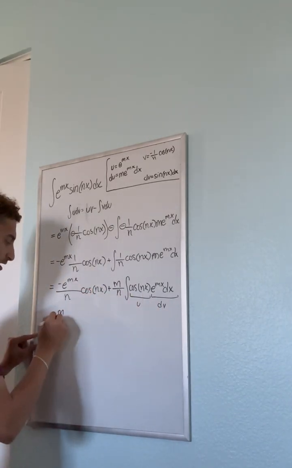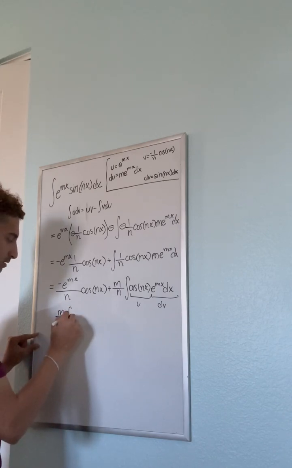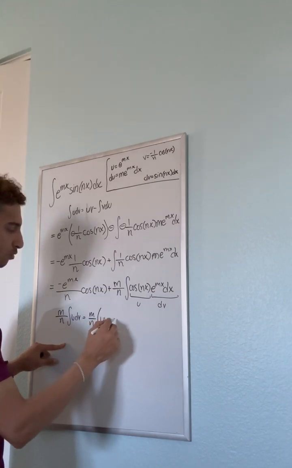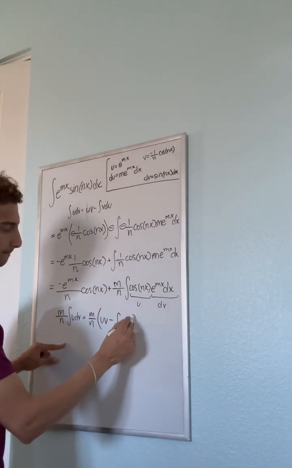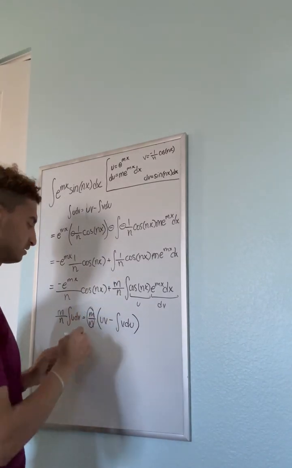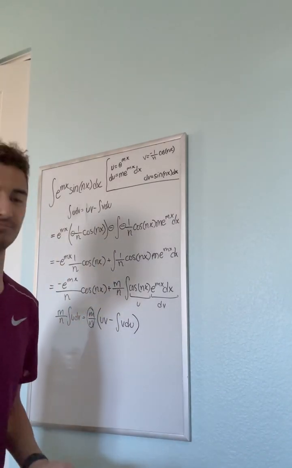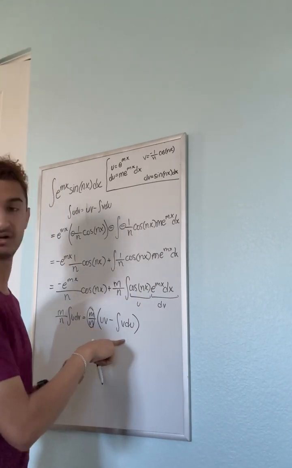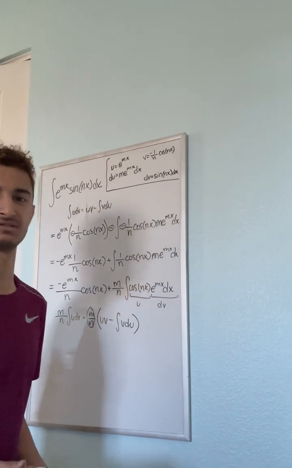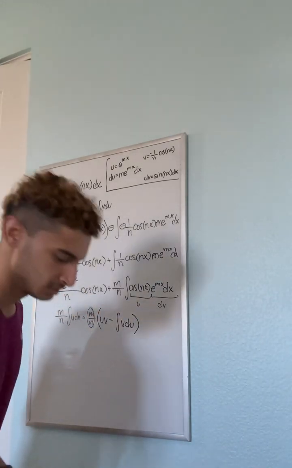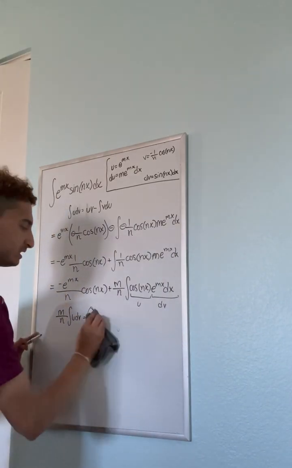So if we have m/n u dv, it'll be m/n, and then the whole formula. So this m/n, you cannot forget about it. You can't just apply it to only the uv or the negative v du. So you're going to have to apply it to the whole formula of the integration by parts. So with that being in mind,